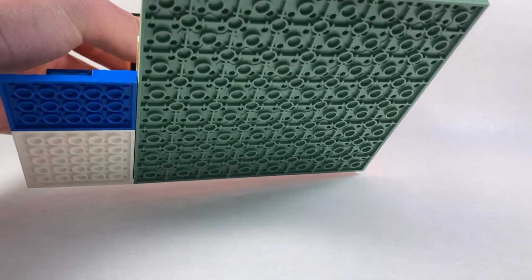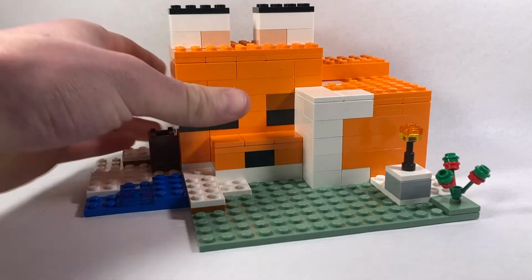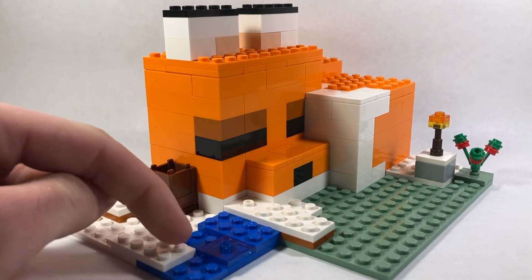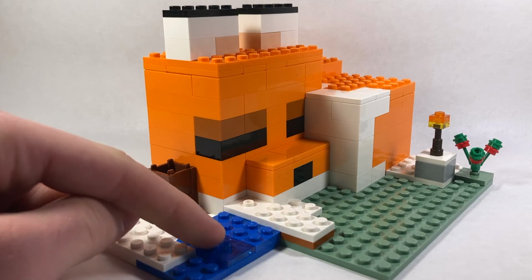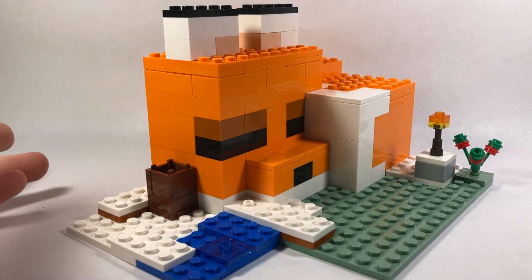So the main set is built on one of these giant base plates, which is really nice from a stability standpoint because the plates aren't held together by other plates. So it's not like it's going to break or anything. It's one solid build. Over here, we have a small little water attachment with some snow. There's a little bit of water here along with one of those brand new 2x2 translucent blue tiles, which is really nice. An empty barrel, which you can probably put the fish in or the sword or the